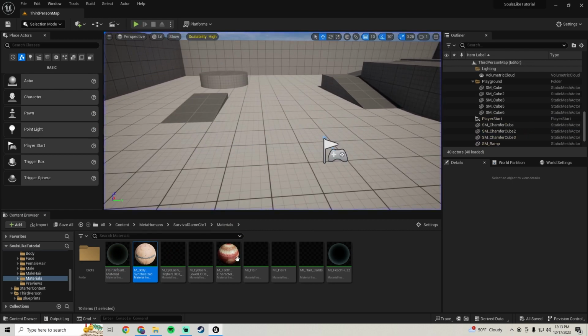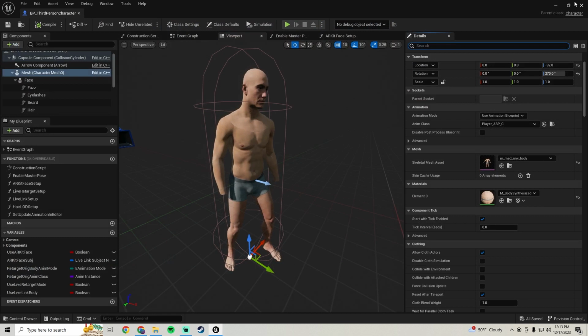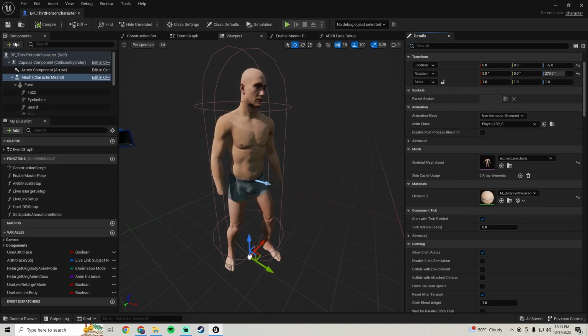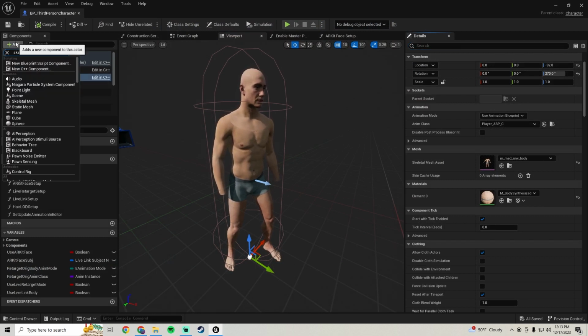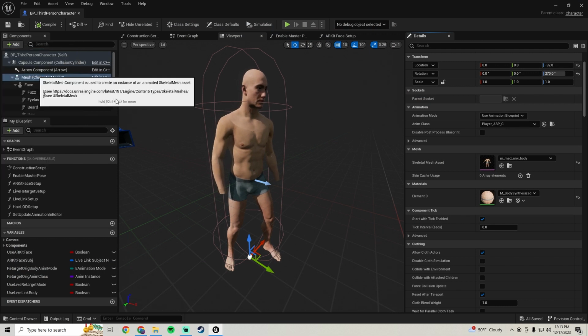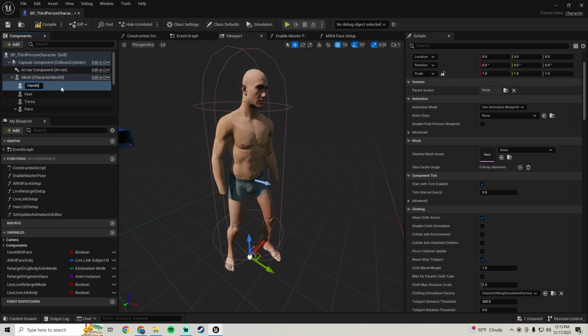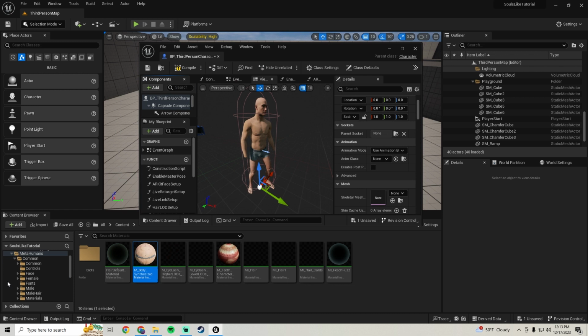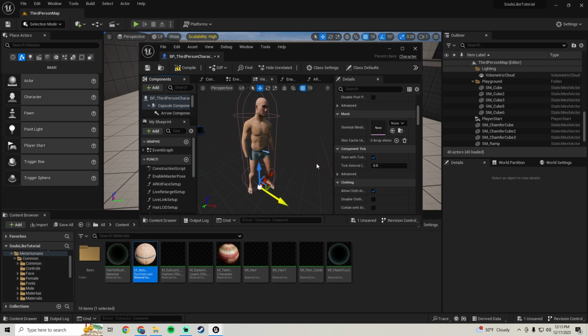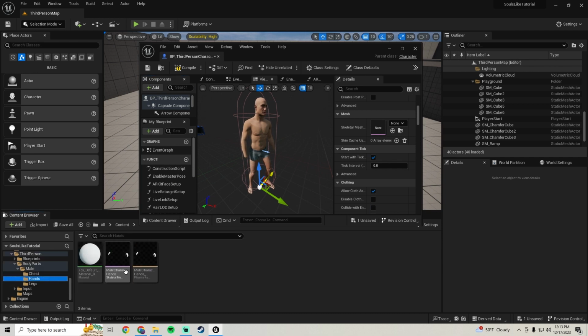So now we just need to make a new skeletal mesh asset for our hands. So we're gonna add a skeletal mesh, and we're gonna call this hands. Make sure it's attached to the mesh. Mine is, so yeah. So now we just need to go find our hands. Where is it at? Male body hands right here. So we'll add that,